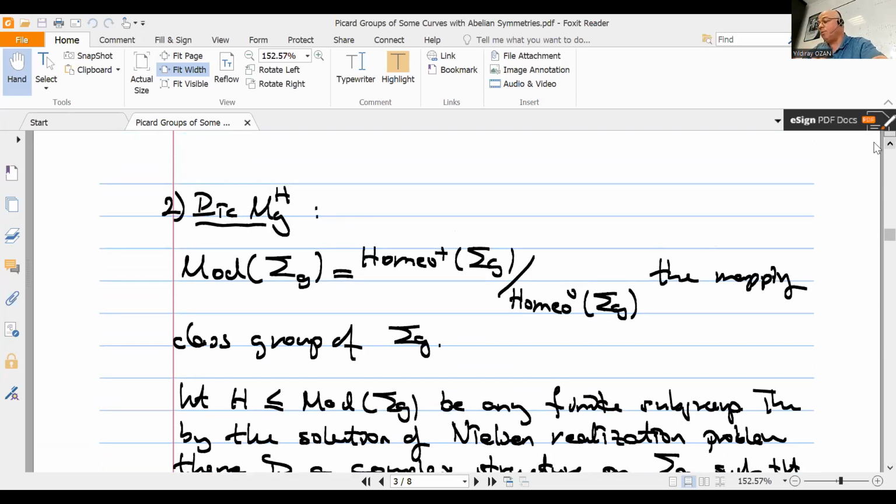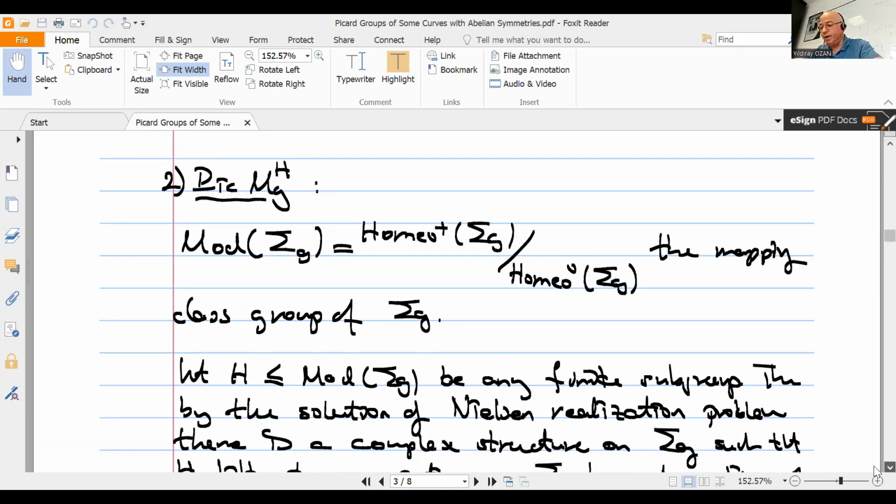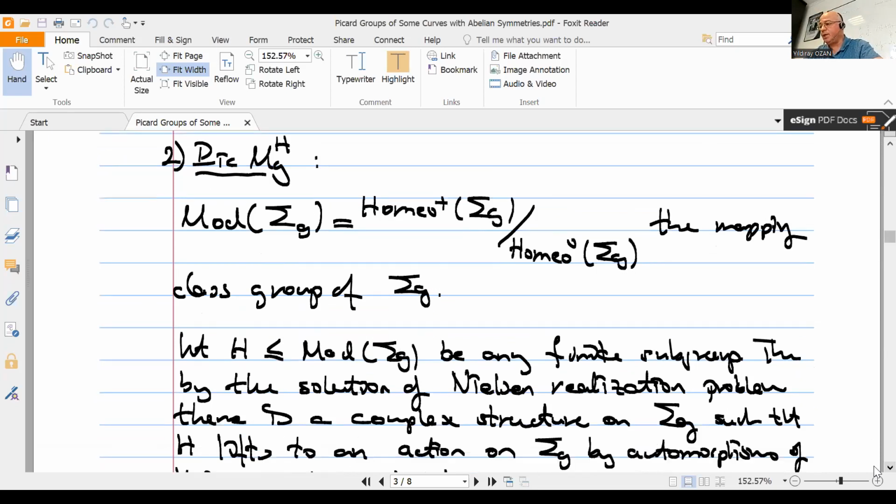Now let me talk about algebraic geometric preliminaries, namely the Picard group. Picard group of a surface is basically the set of line bundles, and they form an abelian group. And let me try to explain how you construct this Picard group. For that,